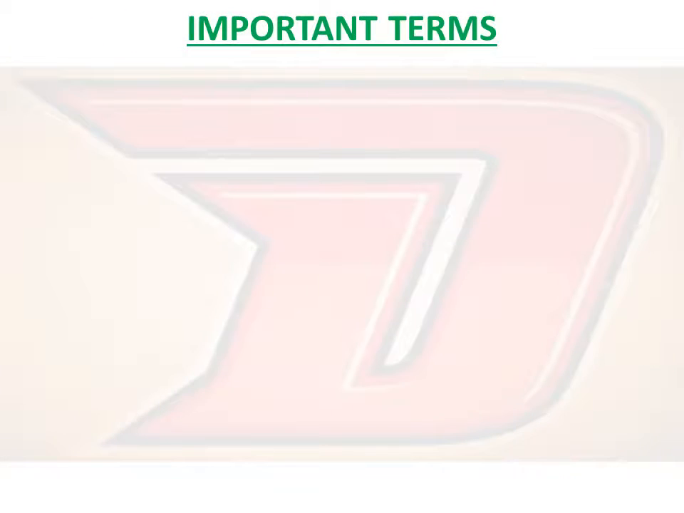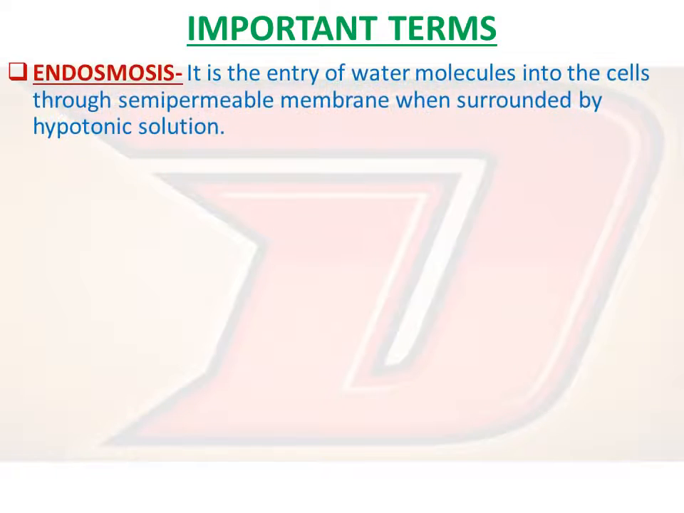now here are the important terms, that is the types which we discussed in that flow chart of transport system. That is endosmosis. It is the entry. Endo means inside, right? So it is the entry of water molecules into the cell through semi-permeable membrane when surrounded by hypotonic solution. About hypotonic, isotonic and hypertonic solution we will discuss a little bit later. Okay, hypotonic, I'll brief you. Hypotonic means the concentration of solute material is higher inside the cell. Okay,